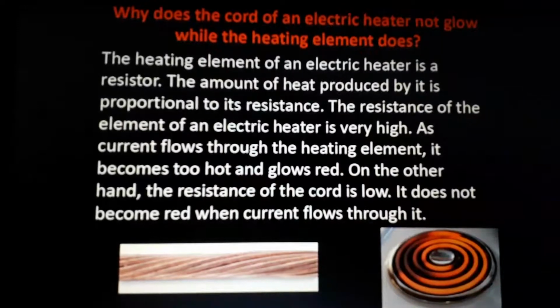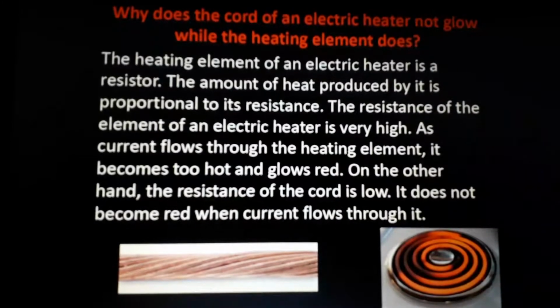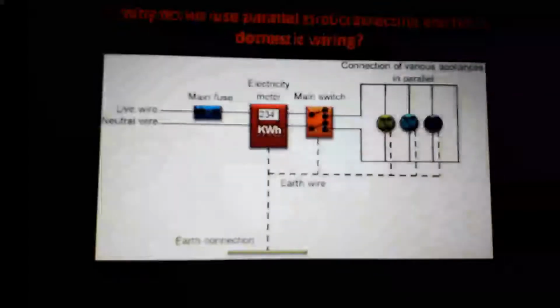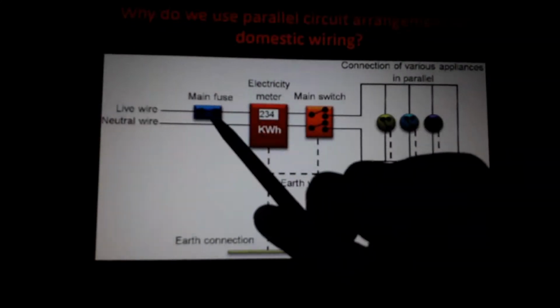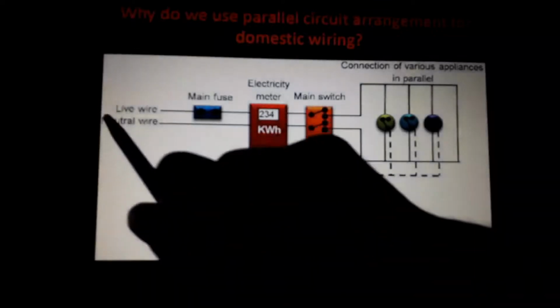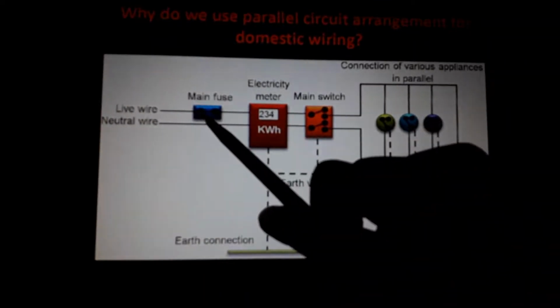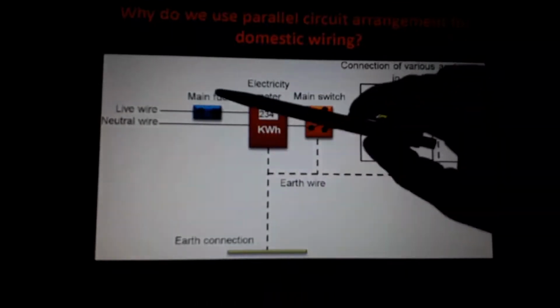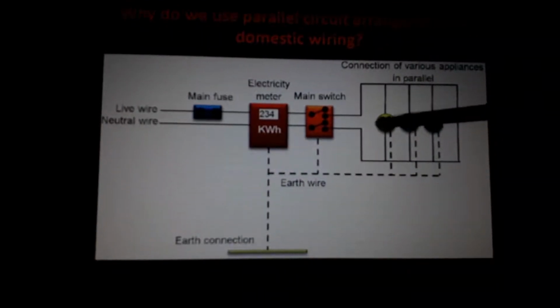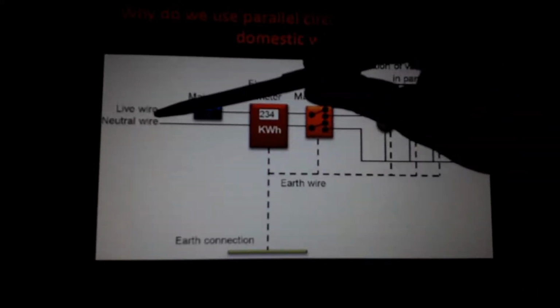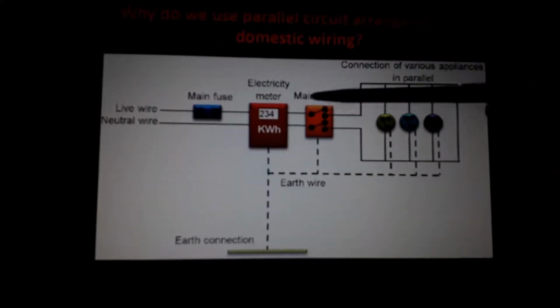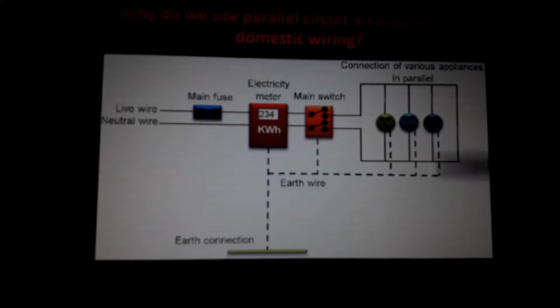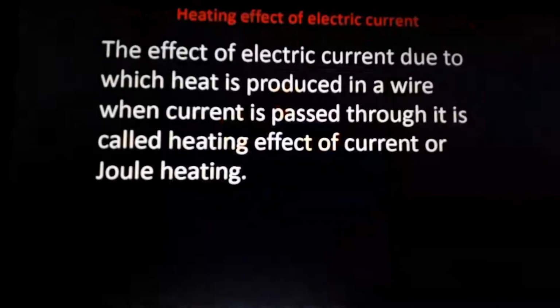So these are the three uses of heating effect of electrical current. The first one is the electrical fuse, which we use in an electrical circuit. This material has high resistivity but low melting point. So when high voltage comes, current also will increase, and this fuse will burn out. So our appliances will be very safe. Our TV, our AC, our washing machine, everything will be safe. If there is no fuse, high voltage will flow through the electrical meter, main switch, and our appliances will be burned. Understand?